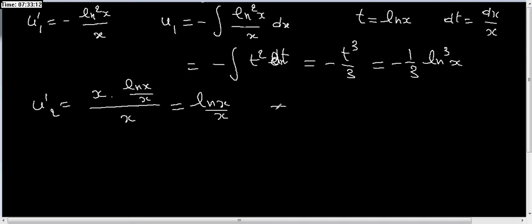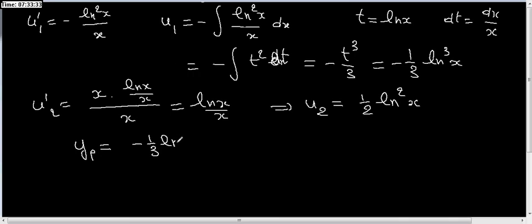With the same substitution, we'll obtain u2, which is 1 over 2 ln square x. So finally, yp is u1, which is negative 1 over 3 ln cube x, which is multiplied